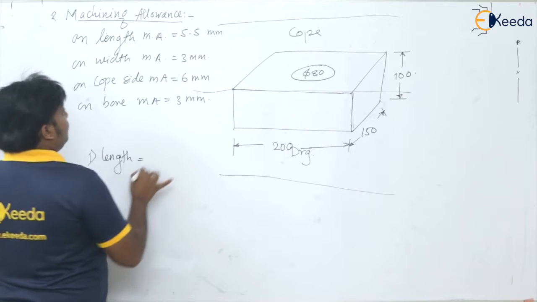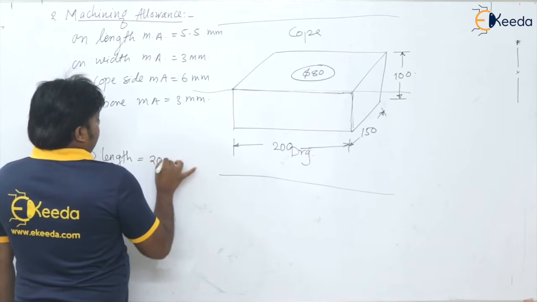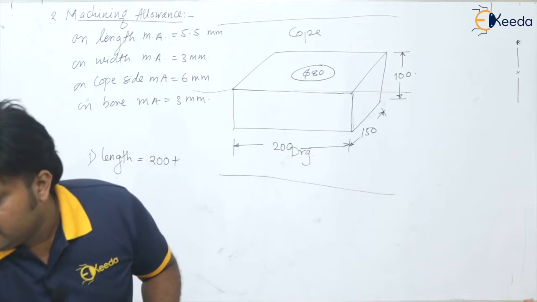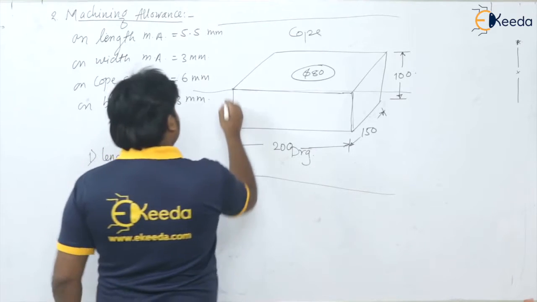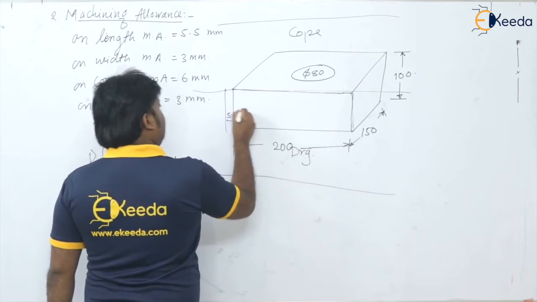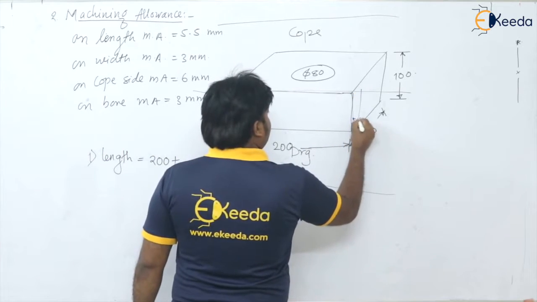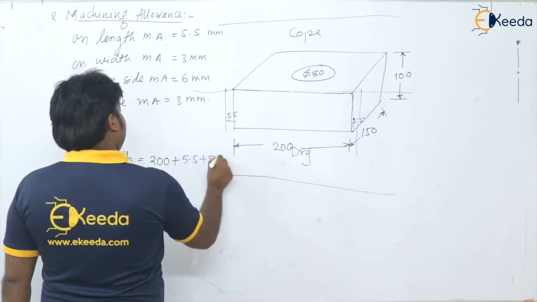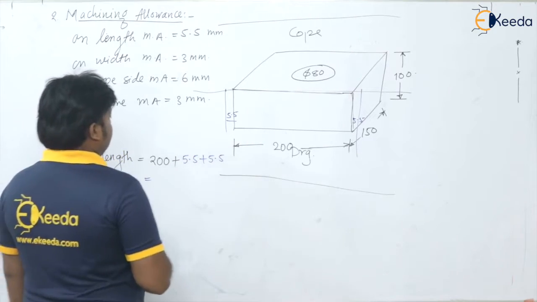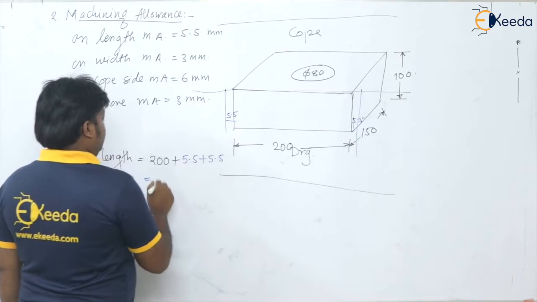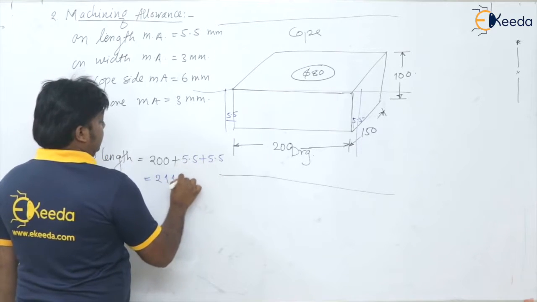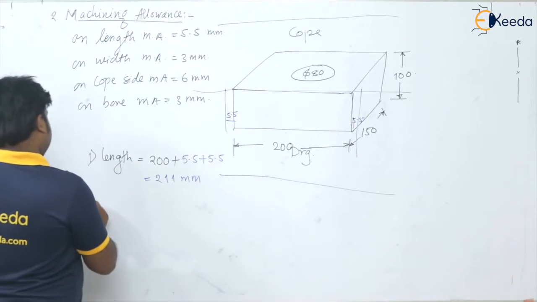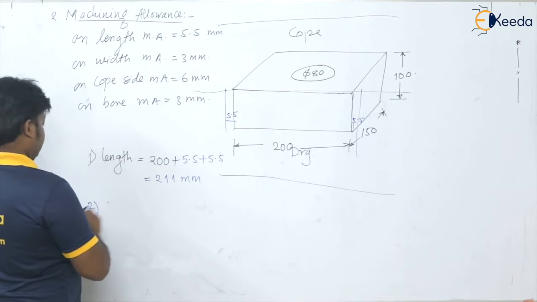So original length is how much? 200 plus the machining allowance from this side 5.5 and this side 5.5, isn't it? So how much? 5.5 plus 5.5. So how much is it? 5 plus 5 is 10, plus 1, 11. That is 211 millimeter. This is our length. Second, for the width